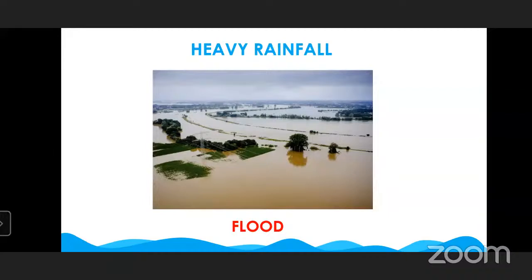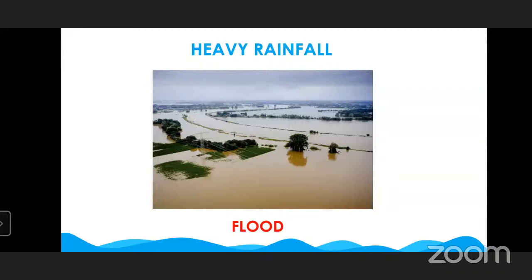We should water the crops according to their needs. Some crops that require less water are affected by flood. Understood? Now, next slide.